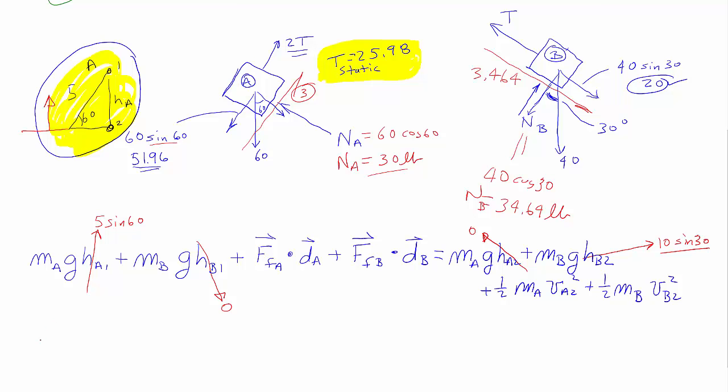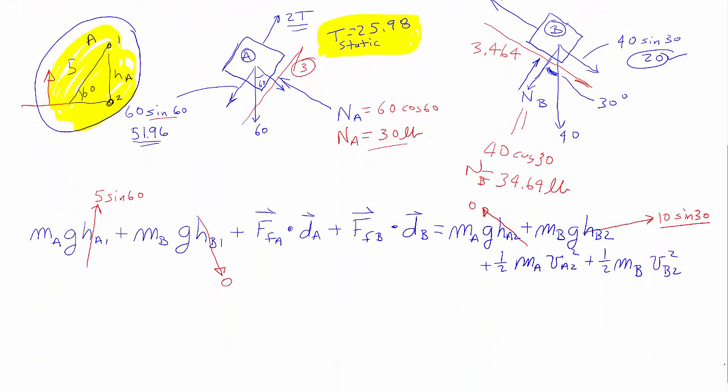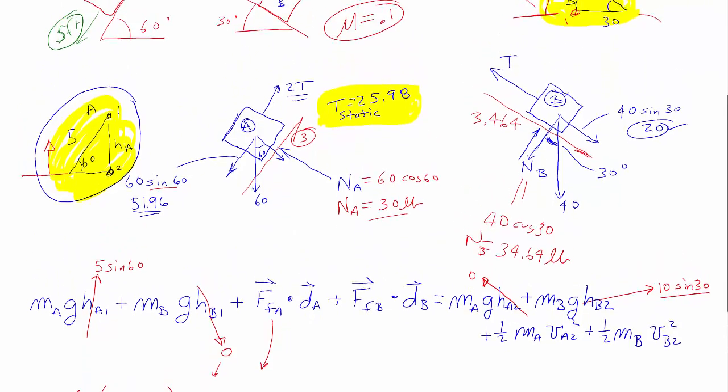Okay, so what I have is the mass of A, which was 60 divided by 32.2 times 32.2, which is g, which actually I don't like that, so I'm just going to put it in there as a straight up 60 times 5 sine of 60. This term gives you 0. This term, what does it give you? Well, first of all,